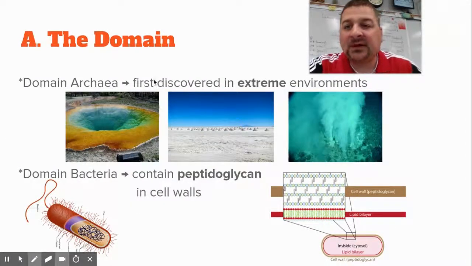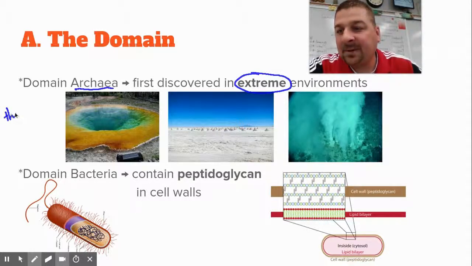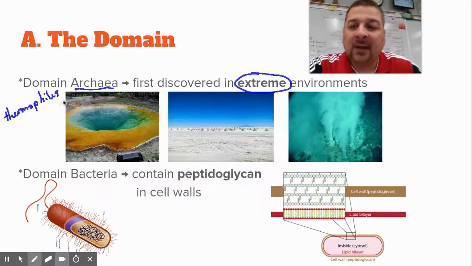Just a little bit about the two bacterial domains. Domain archaea, the archaebacteria kingdom, was first discovered in extreme environments where you'd think it would be tough for a living thing to survive. You had hot springs that were very warm and also acidic. Oftentimes you'll see the suffix phile, P-H-I-L-E. So we had what we call thermophiles, and as you're doing research, you may see that term. Others that were very acidic would be acidophiles.